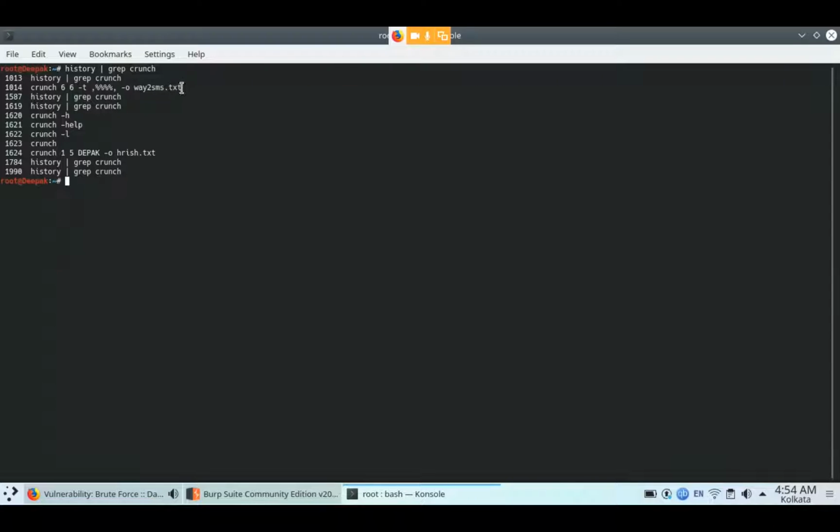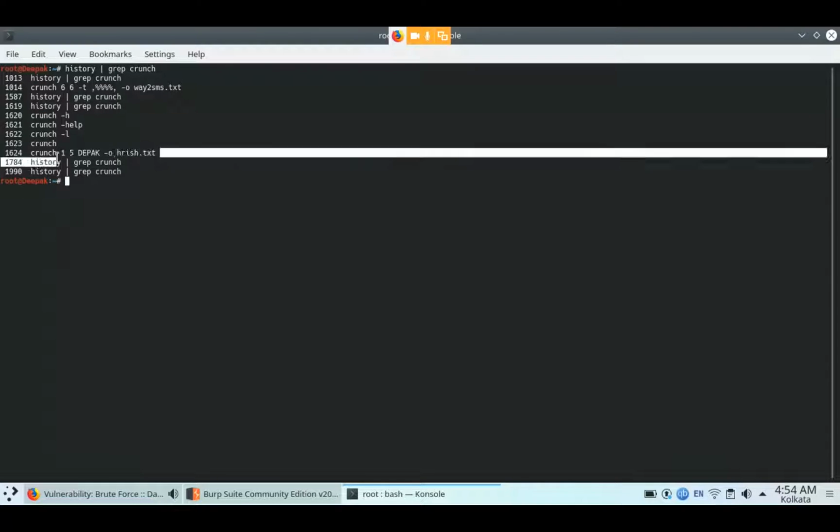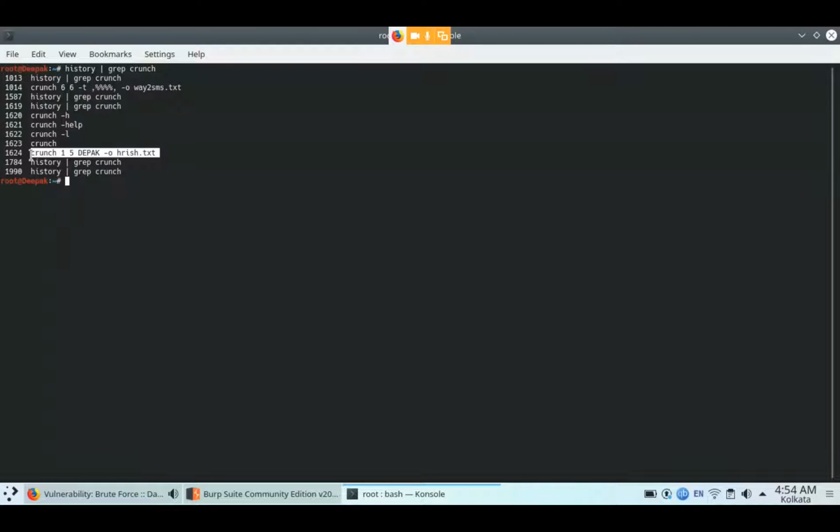I am sending it to you in your chat box. If you want to make a dictionary from 1 to 5 letters, the minimum is 1 and the maximum is 5, you can use it. After that, if you want to make a dictionary of the word Deepak, it will create from D, then E, then A, P, anything: D, double E, D, E, D, P, D, K, all the possible letter combinations.